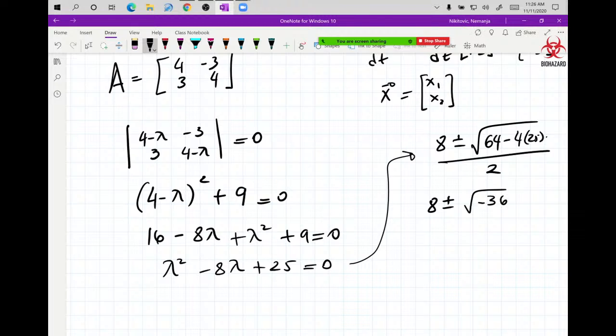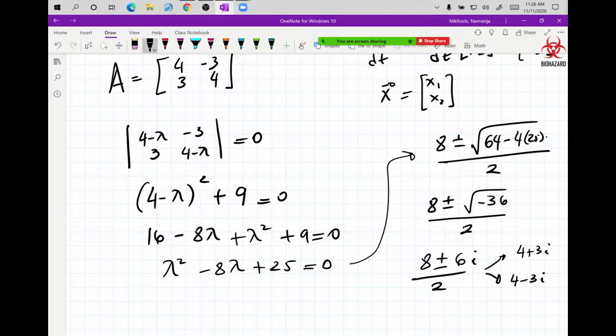And that's where the complex numbers come in, because you have a negative under the square root. So this is 8 plus minus 6i over 2, which gives us two complex numbers, 4 plus 3i and 4